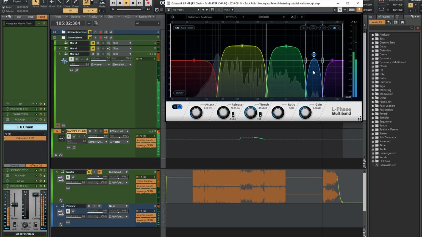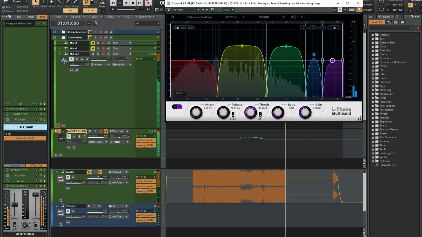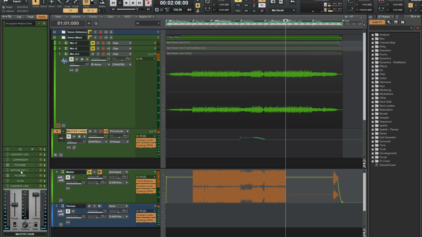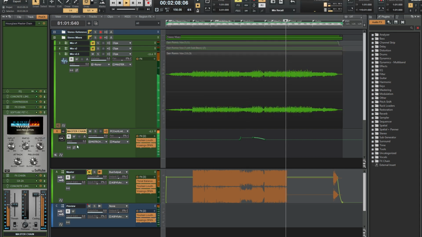And then just taming some sibilants off the high end, and our ultra highs are where you see a lot of bias stuff coming between 10 and 20 kilohertz from tape saturators, that kind of stuff. There's a lot of overtone stuff there. So next in the chain, we have our Soft Tube FET compressor, and you can see